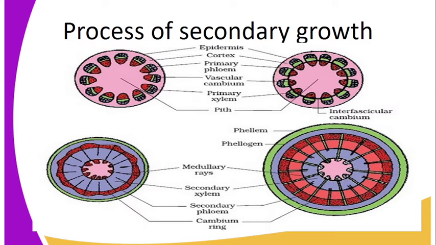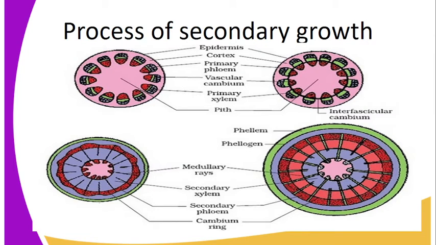Listen guys, the first step of secondary growth is the cambium divides to form the new cells. And you can see in our diagram we have the vascular cambium. After the cambium has divided to form the new cells, the new cells differentiate to form the secondary phloem and the secondary xylem. You can see in our second diagram, we have the primary phloem and the secondary phloem. You can see the cambium has